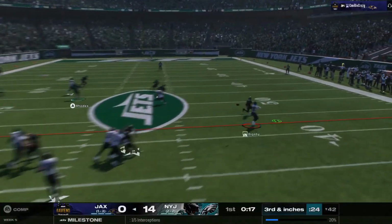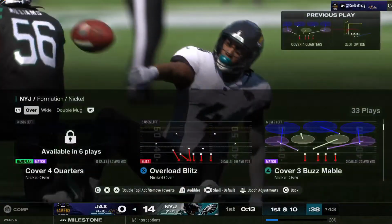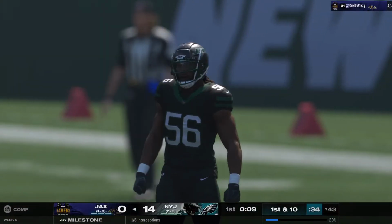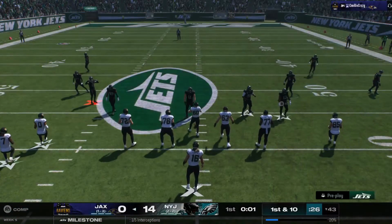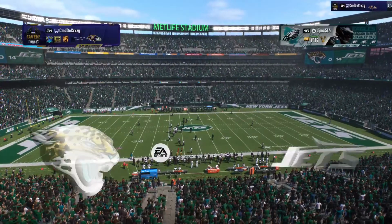From the shotgun, it's Lawrence. A very nice open field tackle there. He could not get free and gains nothing. That's a great example of just the range that this linebacker has to be able to not only react quick enough to...